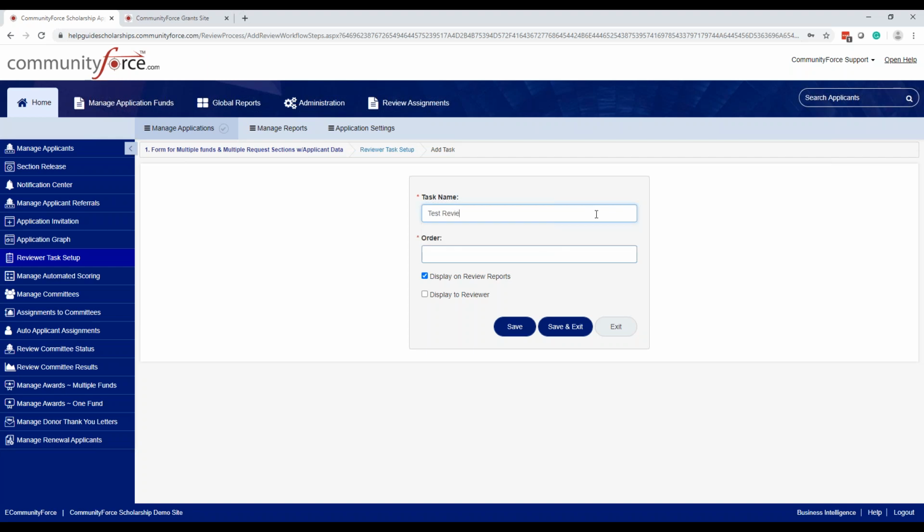And this name is the name that the reviewers would see when they do have the assignment given to them. They're going to have a screen that tells them the name of the task. And so this would be the name that they would see. So you would want to name this something that they would understand. And then the order number, of course, is the order that it's going to fall in your series of review